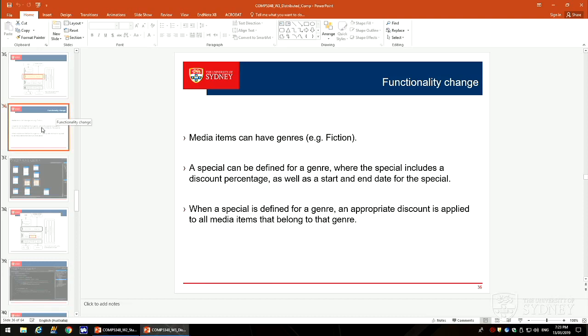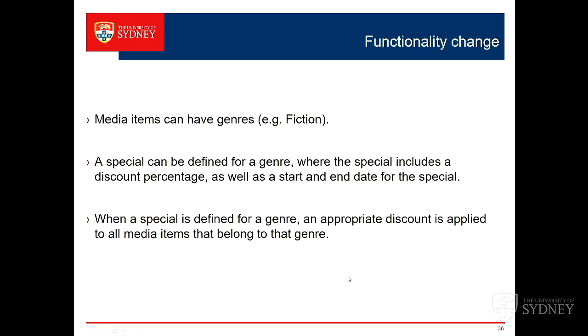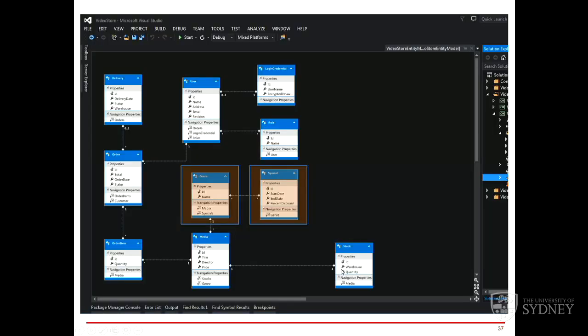Let me unhide this. If I do that, there we go. So to support that, there's your media object, which is very similar to your book example. The only change is it's got a director rather than an author. And he decided that what he'd have is an object which is genre.